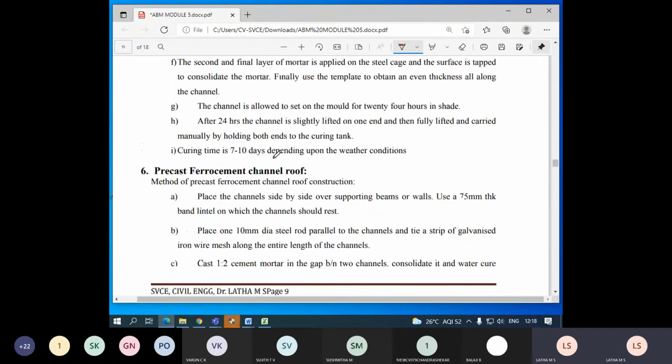Then you find the precast ferrocement channel roof, which is again used for roofing, and the channels are laid on the beams or on the lintels, and they are tied up with tie ropes so as to provide support.